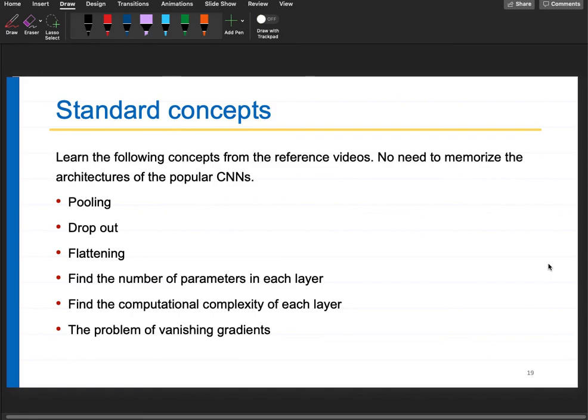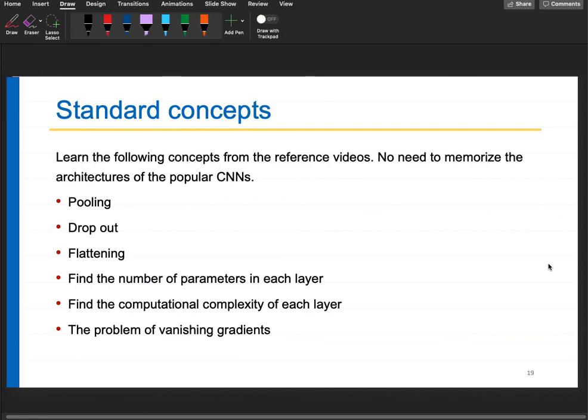Computational complexity, which means basically how many multiplications are involved, because when the kernel multiplies, so many multiplications will be required. Cross correlation is a very costly operation, right? Multiply with each and every element, like scanning over the whole area, by moving little by little. So it's a costly operation. So the computational complexity of each layer plays an important role in CNNs. CNNs are generally very slow. Slow means computationally very expensive as compared to DNNs and other models, because they are processing the same input multiple times, scanning with lots of overlap.